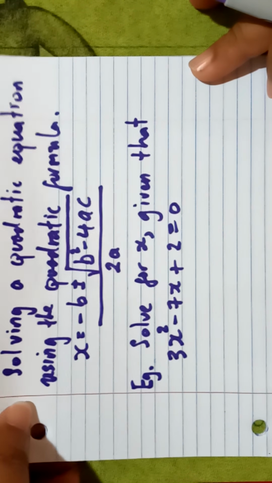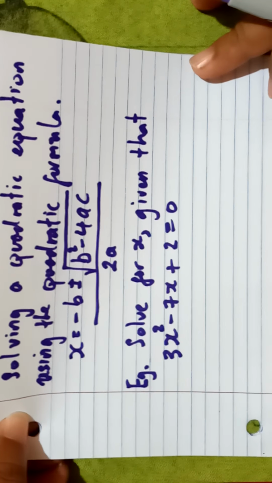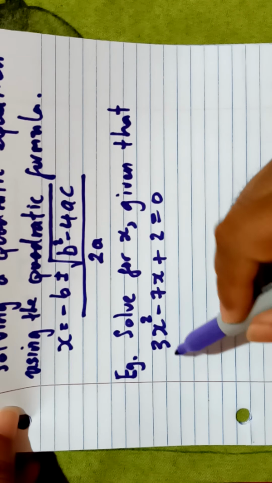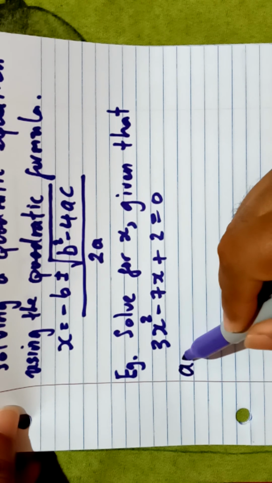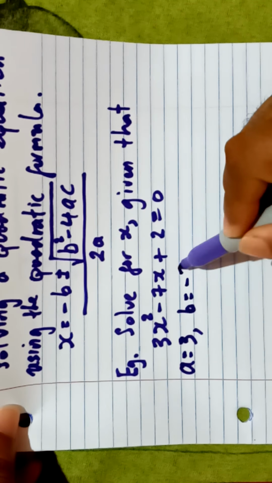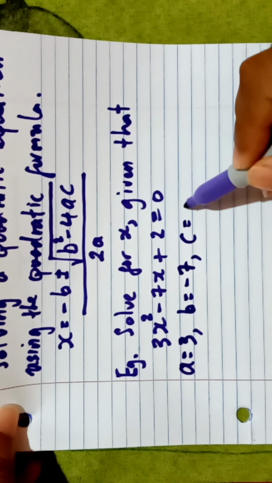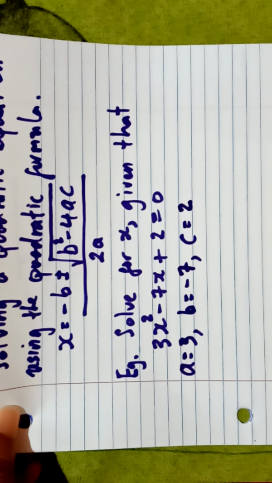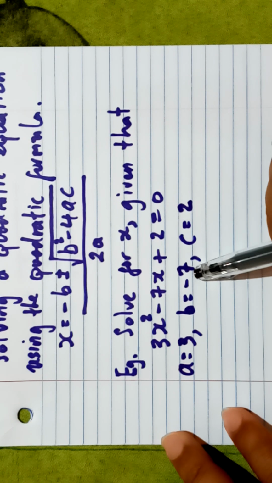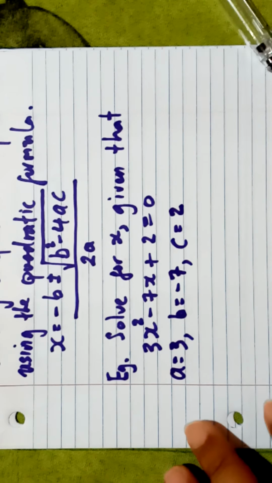Alright, so the first thing we're going to do is identify what a, b, and c are. Clearly, a is equal to 3, b is equal to negative 7, and c is equal to positive 2. In case you may be wondering how I got a to be 3, b to be negative 7, and c to be 2, is that all